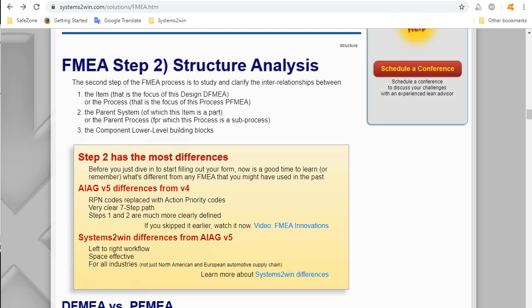And this is where you're going to study the interrelationships between the item or the process that is the focus of your FMEA and the parent system or process of which your FMEA is a part, and the component lower level building blocks within your FMEA.